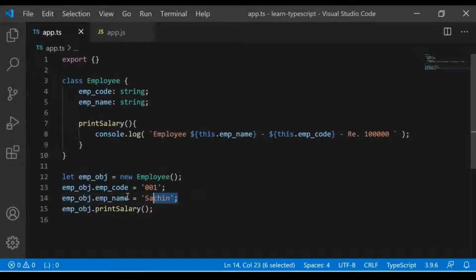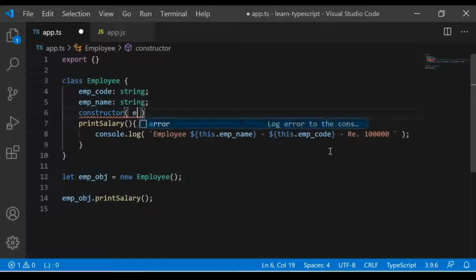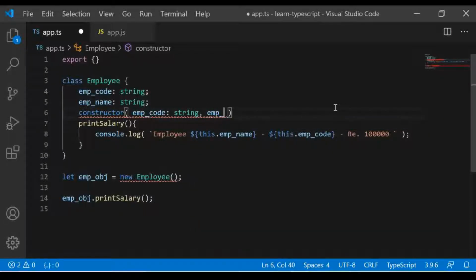So instead of assigning these fields like this, we can add something called a constructor. Let me show you. Okay, this is called a constructor. Now inside this constructor you can have variables, emp underscore code string and emp underscore name string.